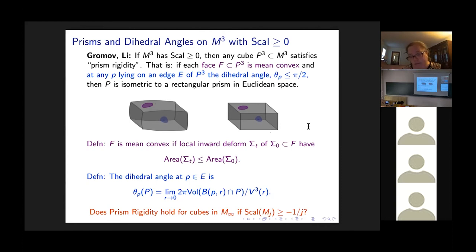So again, these theorems are all about minimal surfaces and how minimal surfaces are behaving, or how constant mean curvature surfaces or mean convexity, these kinds of behaviors seem to be more useful toward proving results than the limit behavior of volume of a ball. But the problem is that all these theorems are based on the idea that we have a metric tensor g,